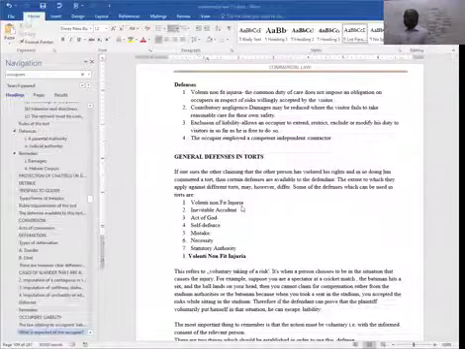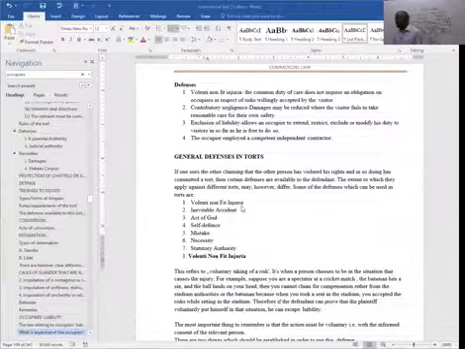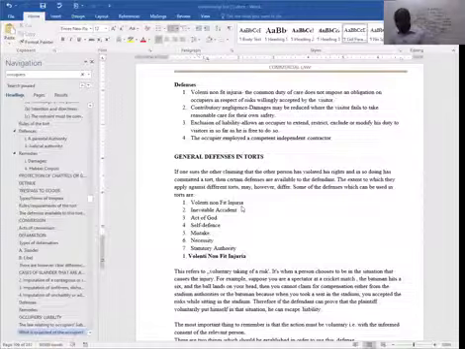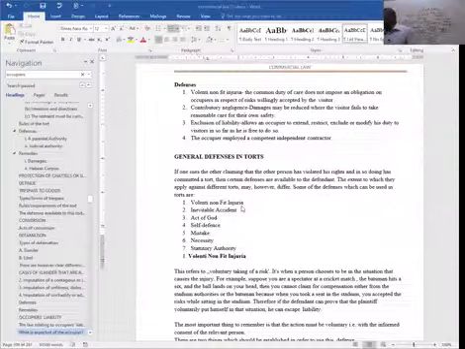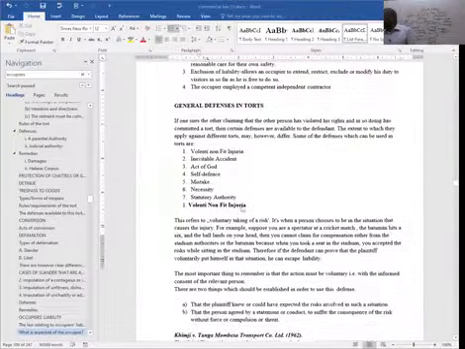Statutory authority, which I think I've explained, whereby there's a statute or a specific law that basically allows for a particular tort or a particular wrong to be committed. So it can be used as a form of defense. Those are the general defenses that can be pleaded under the law of tort.